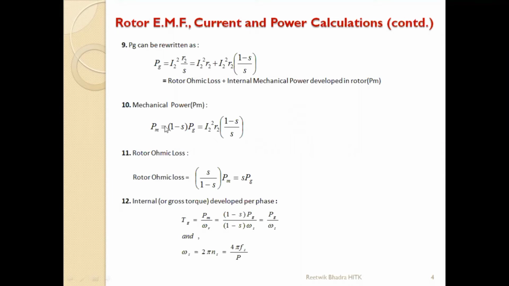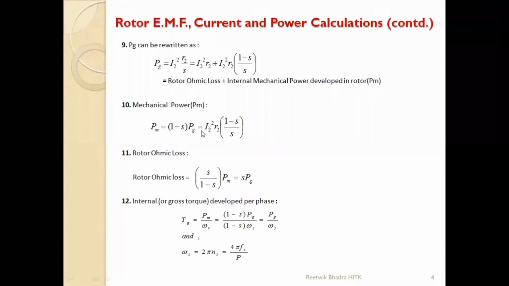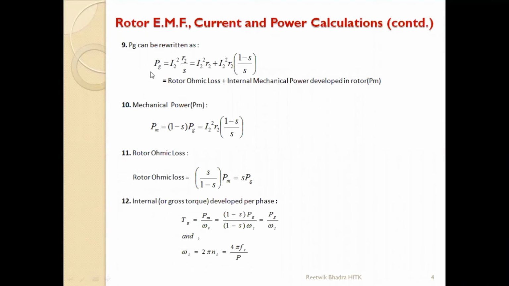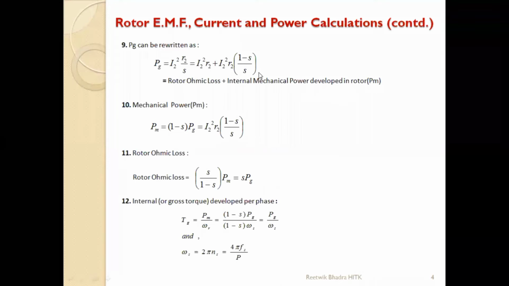Okay. ঠিক আছে, আচ্ছা, তাহলে এইটা হচ্ছে ব্যাপারটা। এবার দেখো I2 square R2 by S. এবার এই ফর্মুলাগুলো, these formulas will be required while solving your problems also. This is a simple formula. PG can always be calculated. Remember, আমাদের objective হবে first PG বার করা। Then if I am told to find out rotor ohmic loss and PM separately, we can easily find out how, if you remember this formula.